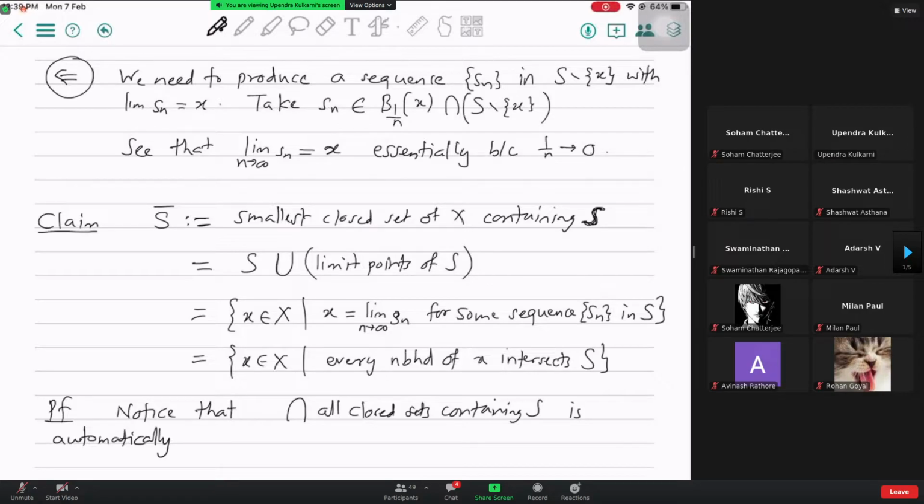So does this mean any subset of S bar has to be open? No, I'm not sure I understand the question. So just think it through and can you explain where it is coming from? Let me write the sentence in the meanwhile. Notice that it is automatically closed and hence the smallest